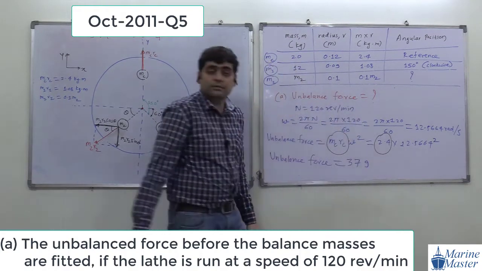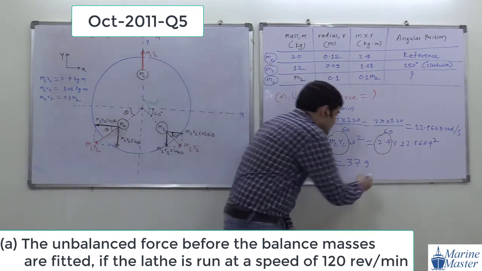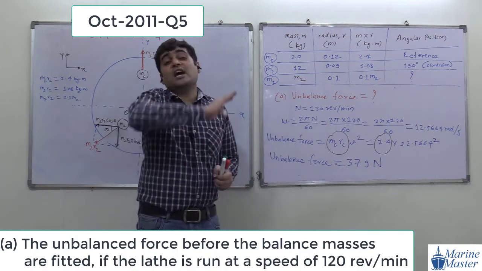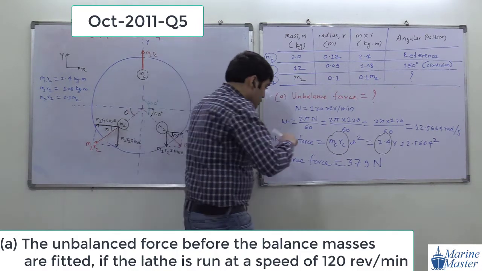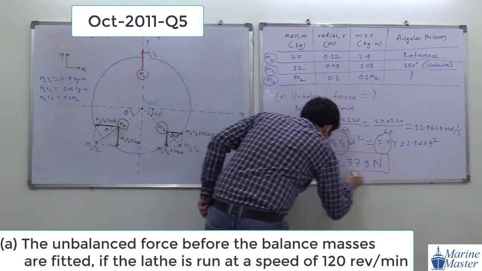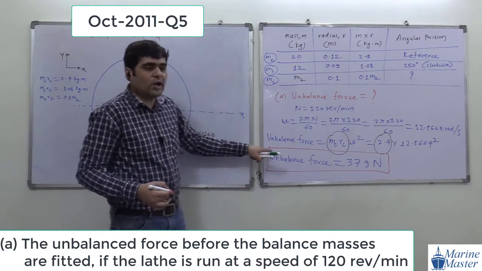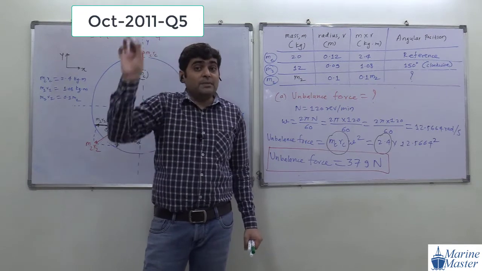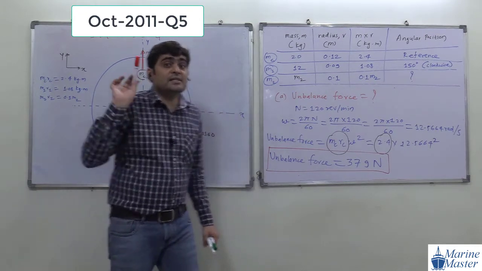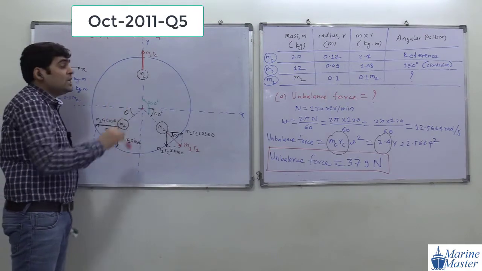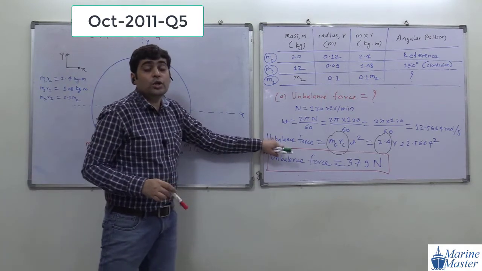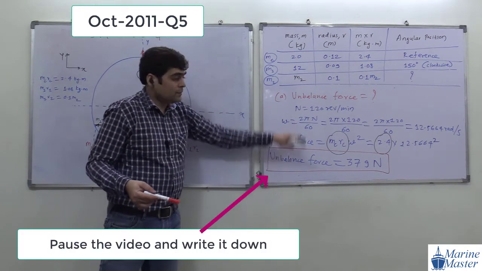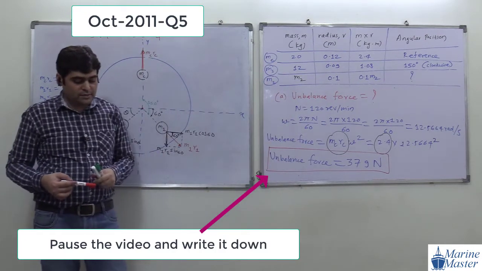And what will be the unit? Force. Unit of force is Newton. Unit is very, very important. Calculation mistakes can be tolerated, but unit mistakes are not allowed. Please write it down. So you got the unbalanced force. In the earlier question, unbalanced force was due to 3 masses, meaning the resultant of 3 centrifugal forces. But in this scenario, unbalanced force is created only by the casting, so it is due to the centrifugal force of casting only. Are you getting my point? Okay, good. Please write down this point, part A answer.